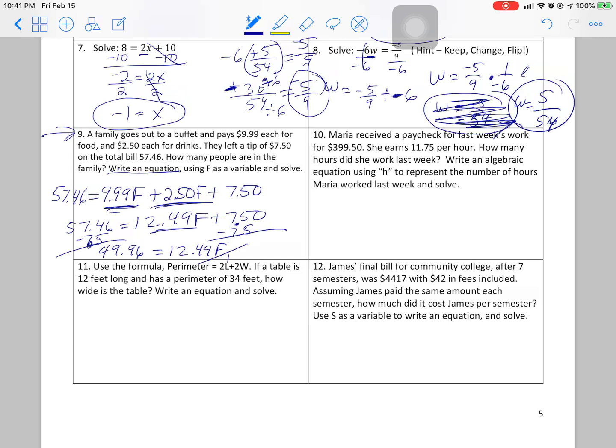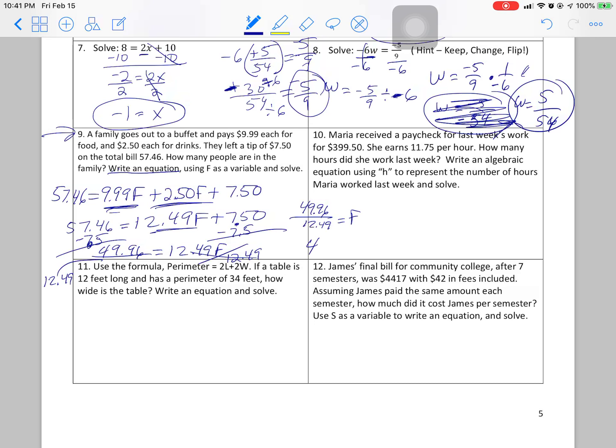Now we want to divide by 12.49. And whatever we do to one side, we do the other. Sorry, I'm totally out of room. So what is 49.96 divided by 12.49? Whatever it is, it's going to be F. So that divided by 12.49 is